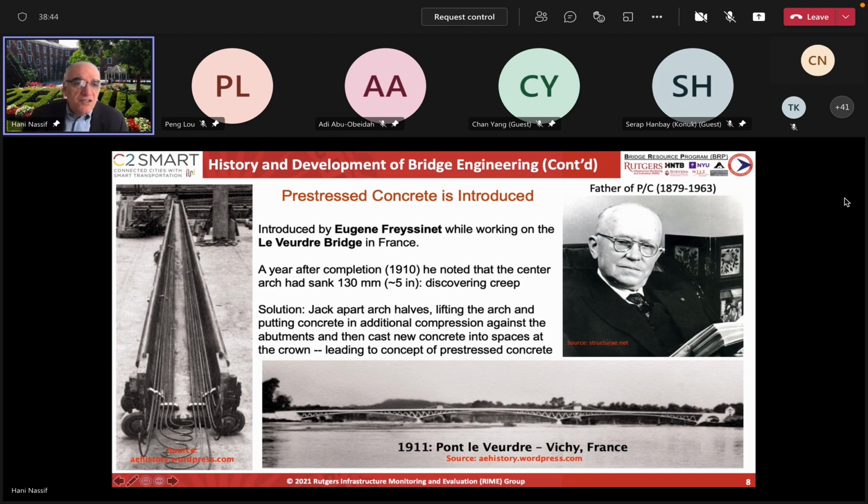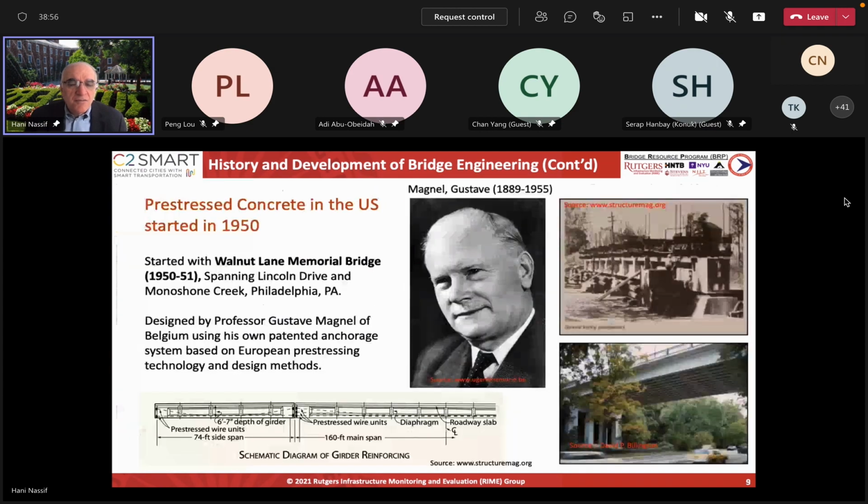And on the left side is the first pre-stressing bed that he used to be able to pre-stress concrete. And that's how, around 1912 or so, pre-stressed concrete came alive. And so around 40 years later, this concept came to the U.S. The first time it came was in 1951, when